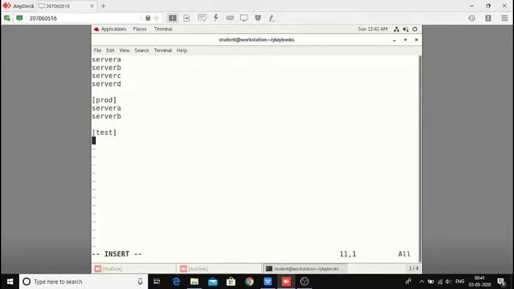I'm showing multiple groups here so that it's easy for you all to understand. You can also write servers in a different way, like server A to D. Or you can keep it in a parent and child structure, which is called a nested group, like web.